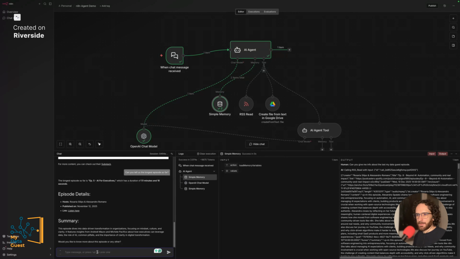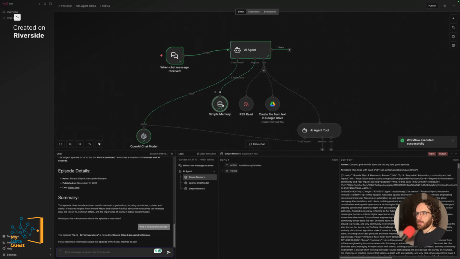And now, since this is in the context, we can keep talking about it. We can say, is this episode okay? Who is hosting this episode? We have this information here, the 2 of us, based on the RSS feed, is accessing the memory, is not accessing the RSS read. It doesn't have to, right? It says, okay, this episode is hosted by Rosaria and Alessandro. Now we can do more. We can say,